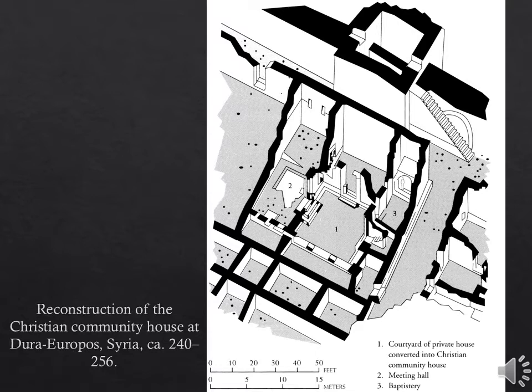They were private homes of people who had converted to Christianity that were just being used as worship spaces, because most Christian communities during these first couple centuries simply did not have the resources to build a special building for a church. So there would often be a courtyard area that would serve as a community center of sorts, a meeting area. There would often be a side room of the house, and you can see it in this diagram, that would serve as a baptistry, so Christians could undergo the rite of baptism as well.